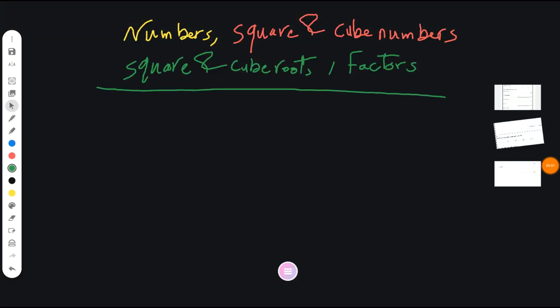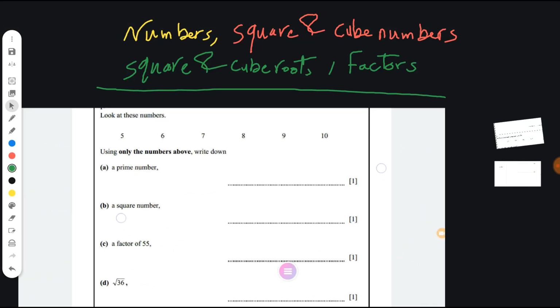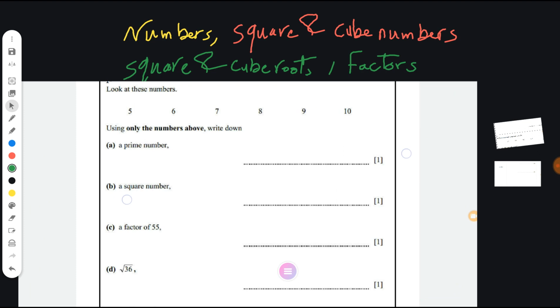Hello everyone. This lesson today will talk about numbers, square and cube numbers, square and cube roots, and factors. Okay, so we will apply it over the last mock exam, and try to cover as much as we can over these lessons. Okay, as an example from paper 1. Okay, the question was: